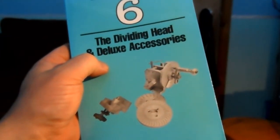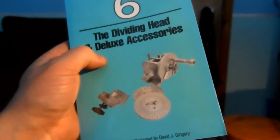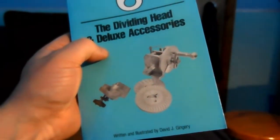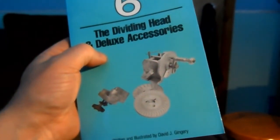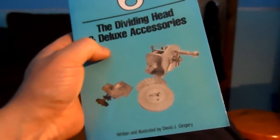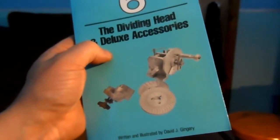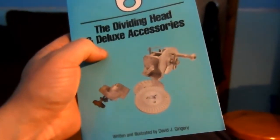As an apprentice, when I first looked at a dividing head, I was impressed by it, but we had such a full learning program or schedule. You just learn about it, then you move on to the next thing. And to be fair, I've barely used a dividing head since. There's been one or two occasions where I've wanted to cut a hex into a round bar or something like that, just simple stuff. And I've used a dividing head for things like that, but